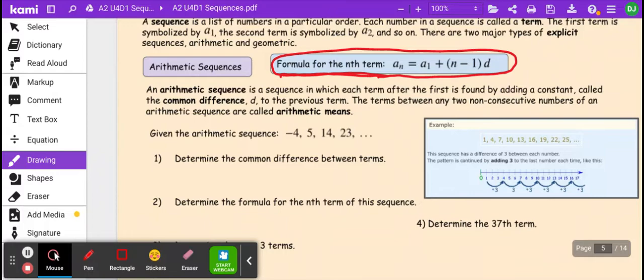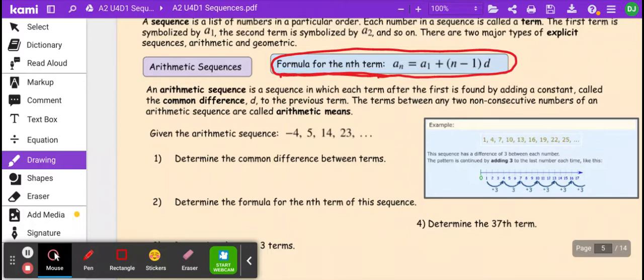So explicit equation, again, I'm going to use both of the terms, or formula to get the nth term. The idea is, if I were doing an arithmetic sequence and I had the first couple terms like this one here, I've got the first 4 terms. But suppose I wanted, you can even see down here in example 4, the 37th term. I certainly wouldn't want to have to sit here with my calculator and keep adding whatever that